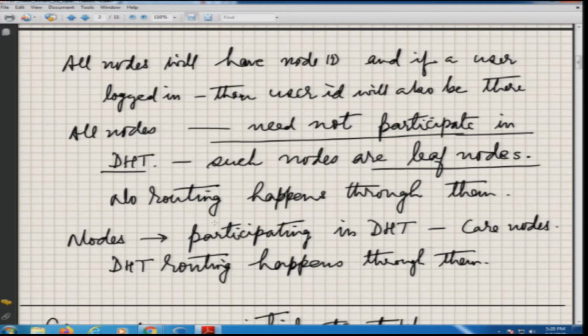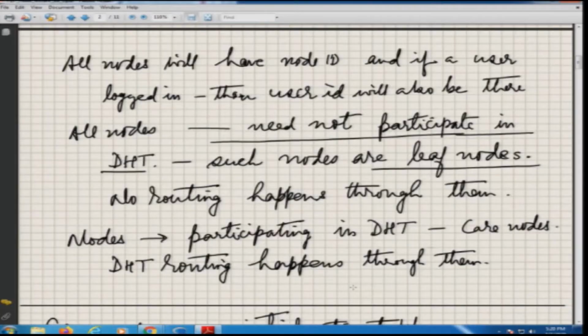So, they cannot route; if a query or something comes to them, they cannot route it to anybody else. They are not intermediaries in routing; they are either the originating or the termination point of a request or of any kind of message. No routing happens through them.